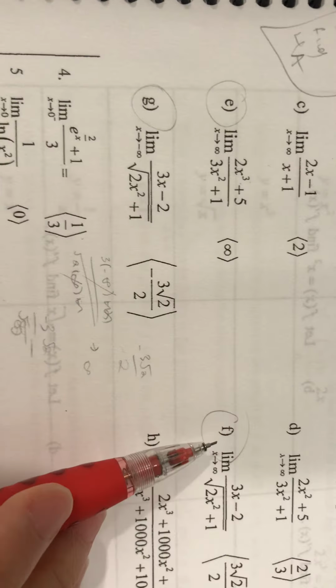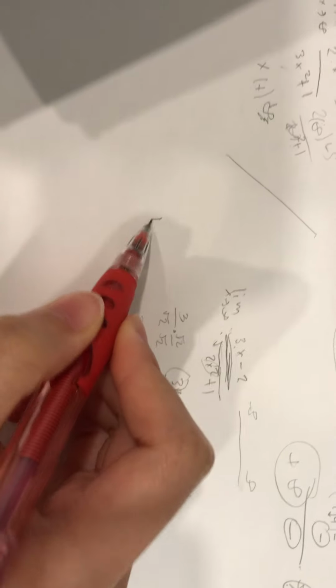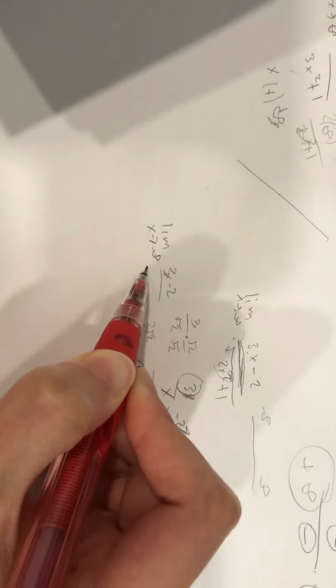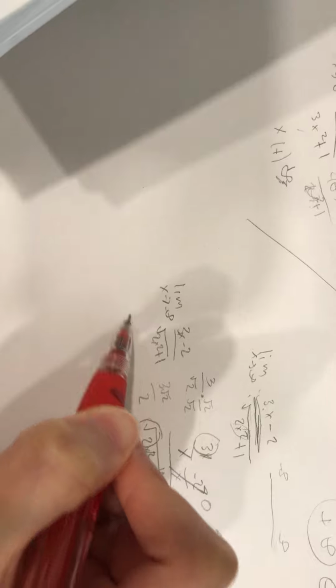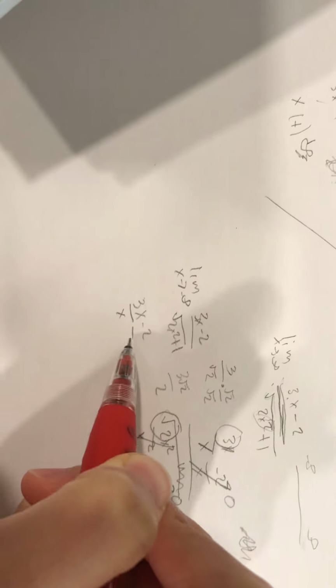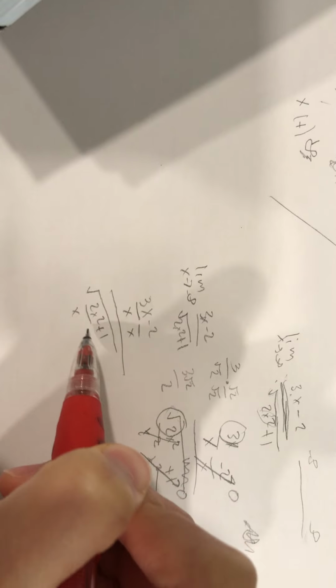So now let's look at g. G is the same, but it's approaching negative infinity. So for that one, its limit as x approaches negative infinity of the same function. So we can do the same thing. 3x minus 2, and then over the highest power, right? All over square root of 2x squared plus 1 over x squared,